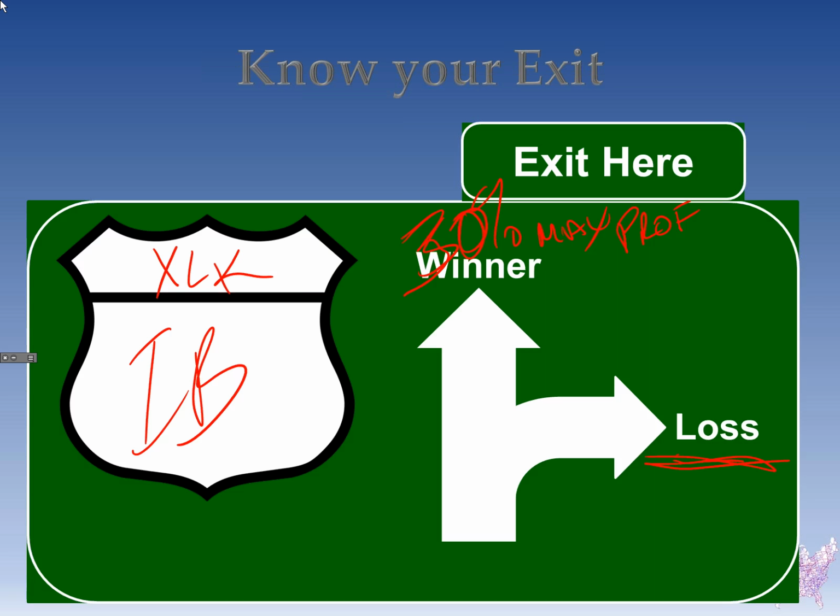If it's in your head, you'll have a tendency to stretch your losses and cover your profits a little too early. But 30% of max profit, that's for the lower risk tolerant guys. 50% of max profit would be for people with a higher risk tolerance. So know your exits, write those things down so that you stay mechanical with it. If it's not looking too great, you can always roll it at expiration and collect a credit.